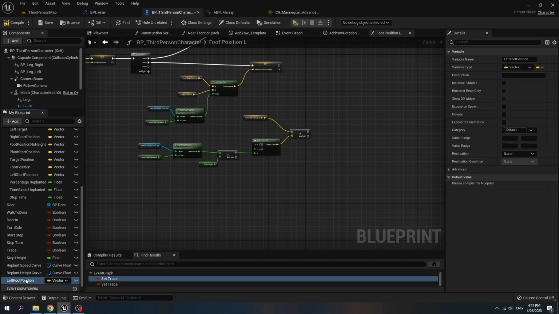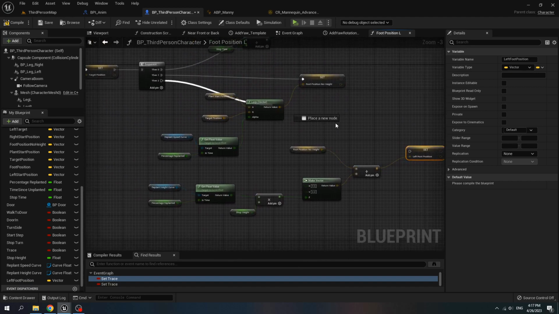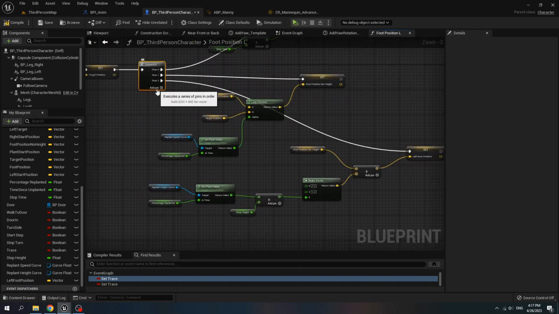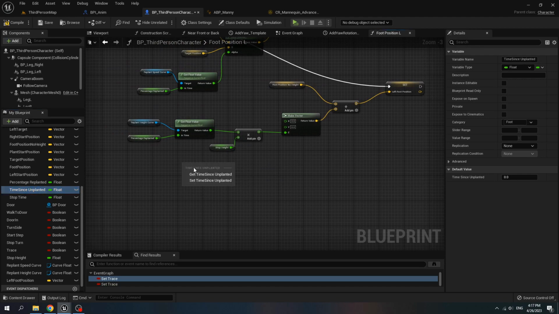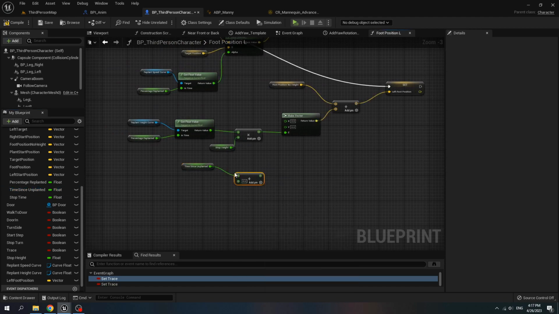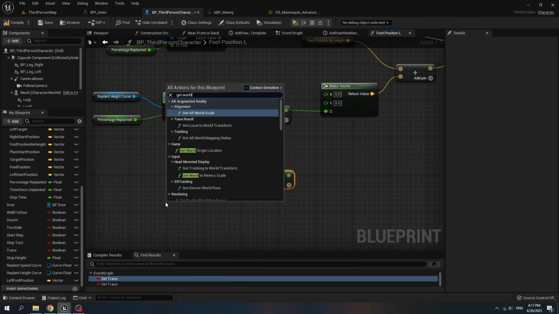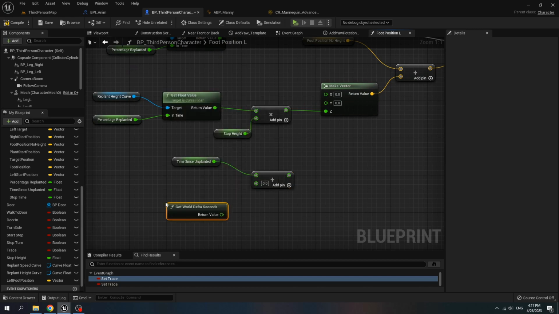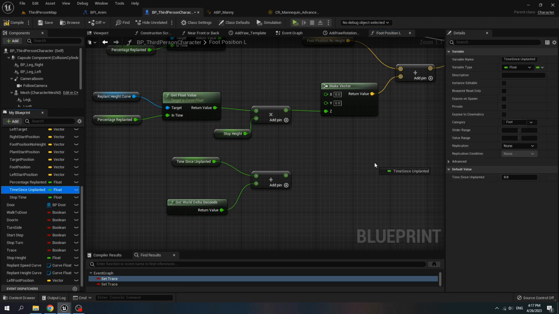And then add new variable, name it left foot position, and the variable type is vector, and set left foot position. Add pin, get time since unplanted, call add, get world delta seconds, and call set time since unplanted.